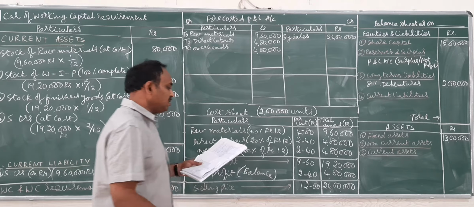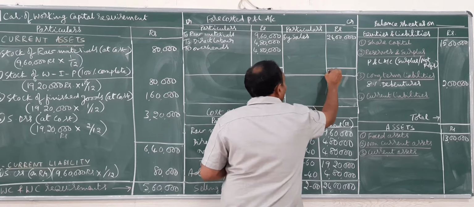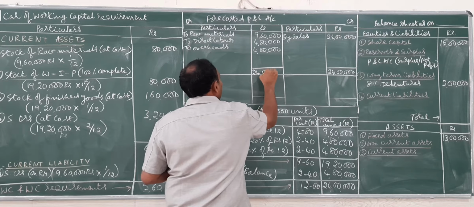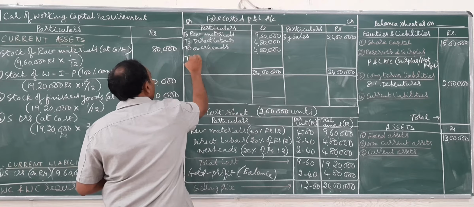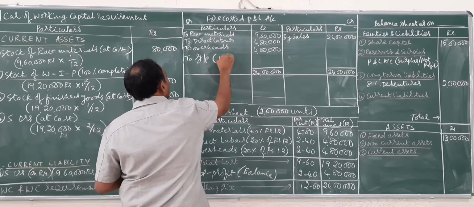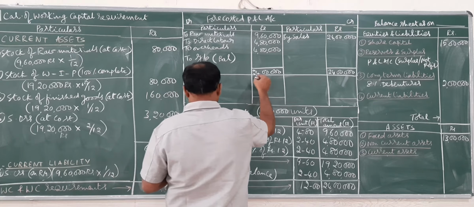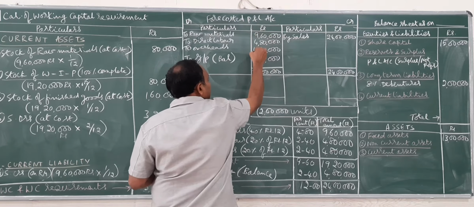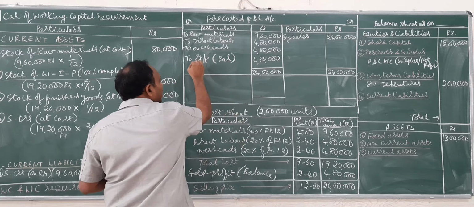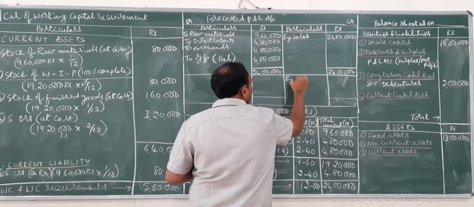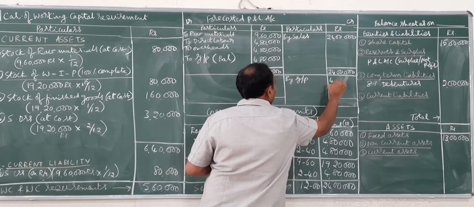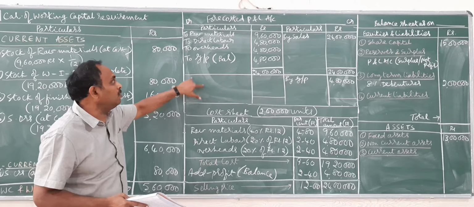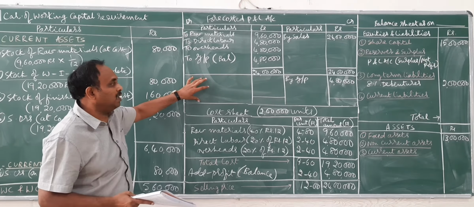Then we need to balance the trading account. Credit is more, that is 24 lakhs. Then I have to find the difference. The difference is gross profit. The gross profit amount is 4,80,000. 24 lakh minus these three elements will be gross profit. Once we get the gross profit, transfer it to the other side. Gross profit 4,80,000. Then we have to find any other expense in the profit and loss account. This part is basically the trading account, this part is the P&L account.